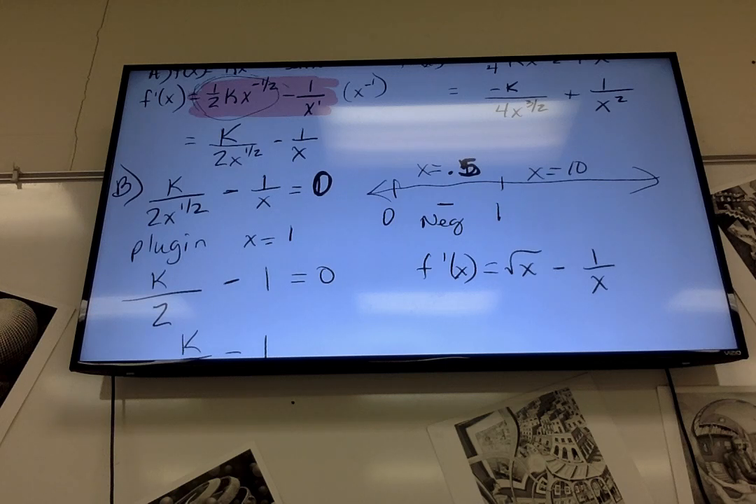And let's do 9 because it comes out nice. Square root of 9 is 3 minus 1/9. That's positive. So it's going from decreasing to increasing. So x equals 1 is a relative